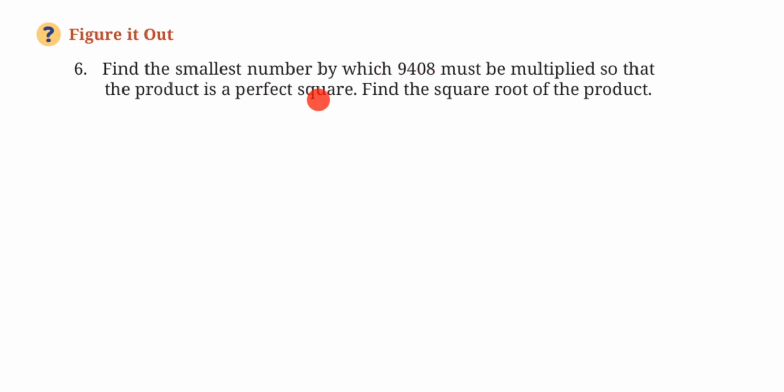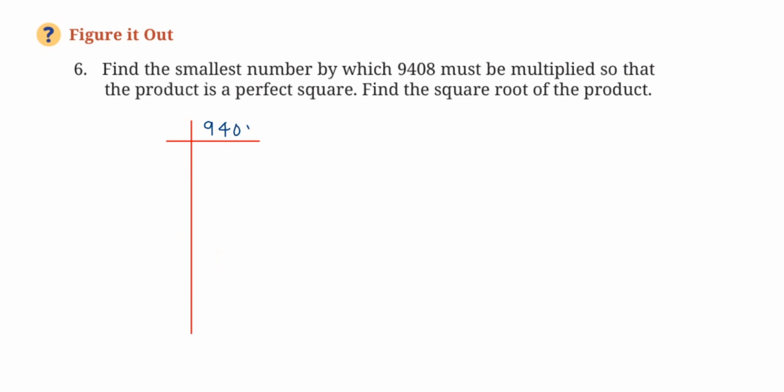So how to do it? Whenever you see this type of question where they are asking for a smallest number to be multiplied or divided, go with the prime factorization method, where we find the prime factors of the number. We know that if a number is a perfect square, then the prime factors will always be in pairs. So here we have